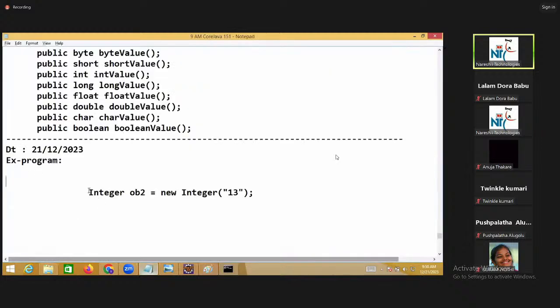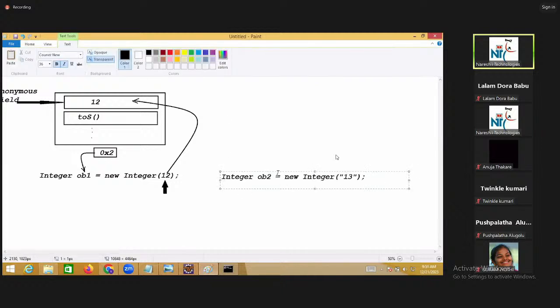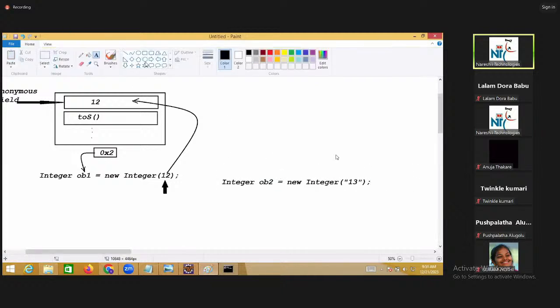The same way, I am going with the next one. So here, I am using the second form, this one. Here also, one object is created.